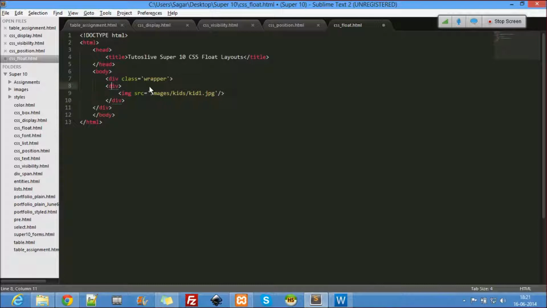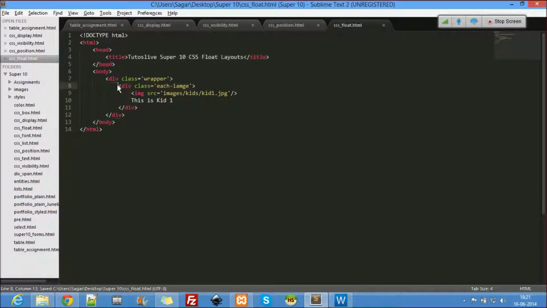This is the best way to do layouts. After this class, you'll know how to do layouts. I'll show the better way, the way designers do it. That's the wrapper, and I call this each image because each image is there. And I'll say this is kid 1, some description.